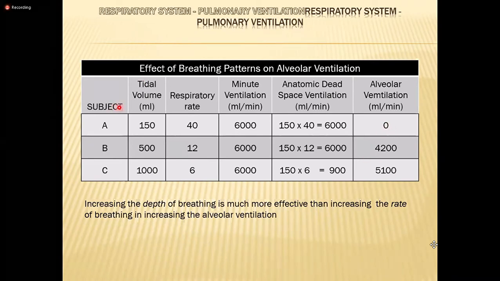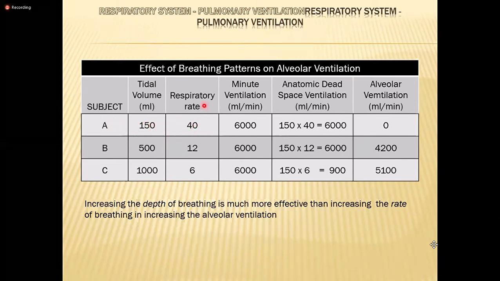If your tidal volume is 1,000, your respiratory rate is 6. Minute ventilation is 6 liters. Anatomic dead space ventilation is 900. So your alveolar ventilation is increased. Okay. You can find this in athletes that have undergone physical training. Okay. And with this